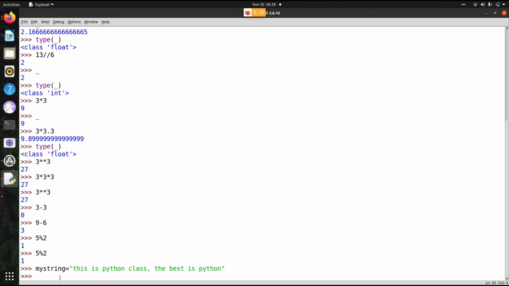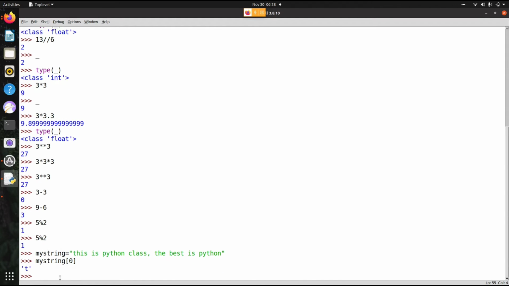It's a string, right? Now what I want to do is first see a small change. I'm opening square brackets and I'm saying 0 here. When I hit enter, what will this do? It will print the first character T.